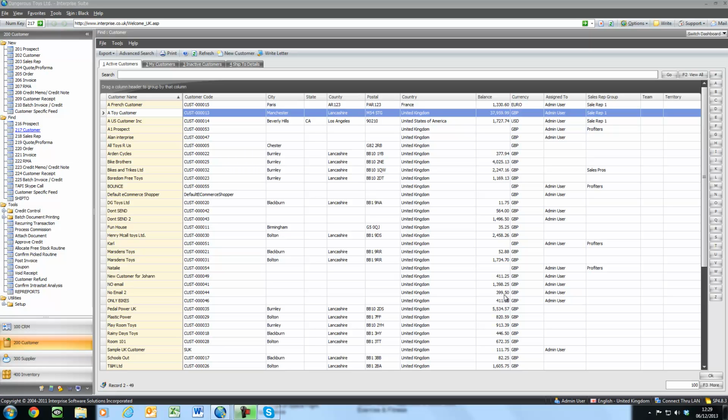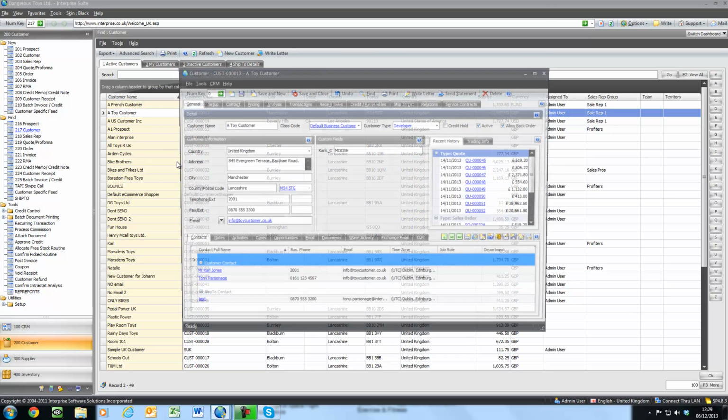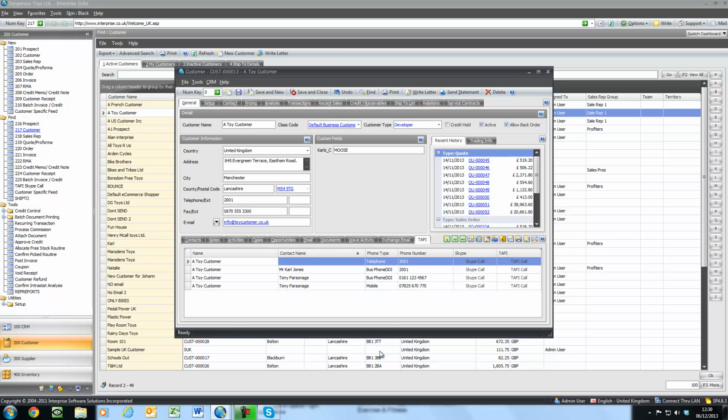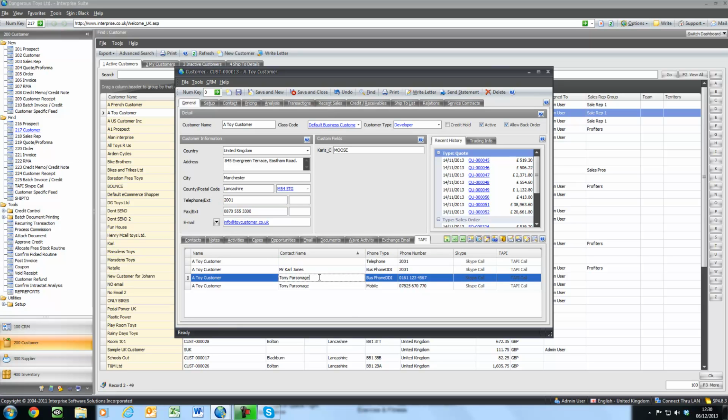Okay, let's start with opening a customer record. If I open a toy customer, what you'll notice is I've got a Tappy tab, and here it lists all the contacts. It also lists the entity phone number, which is there. It lists all the contacts, and if there are any telephone numbers against any contact, phone number or mobile, then it'll appear. So you can see that Tony Parsonage here has a phone number and a